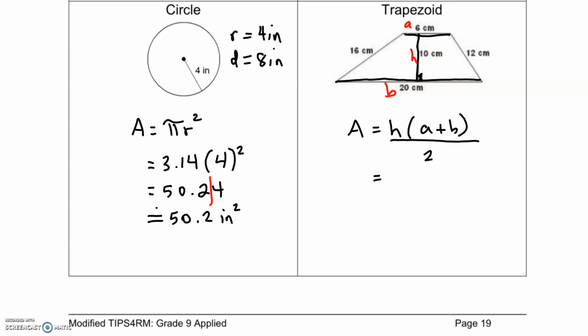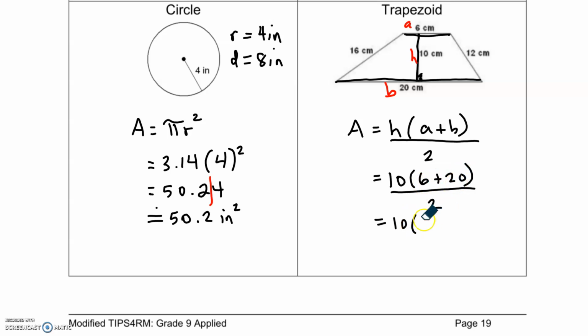All right, let's go to substitution. So the height goes in the formula first, so it's 10 times, so we show that with the bracket, a plus b. So a is 6 and b is 20. So we write down 6 plus 20, and then that is all divided by 2. So we have to solve this using our order of operations. I'm going to start by solving where the brackets are. So I'm going to leave my 10,